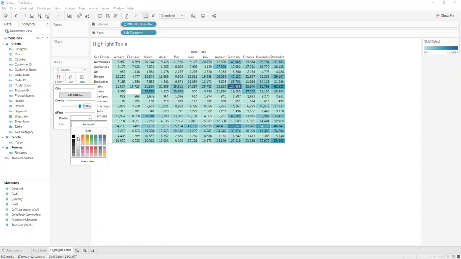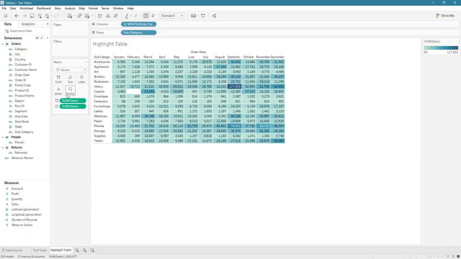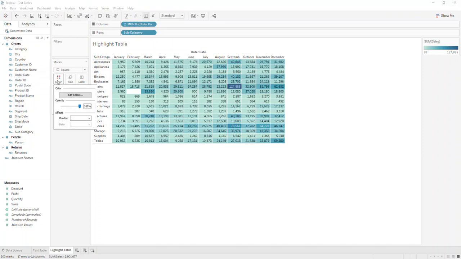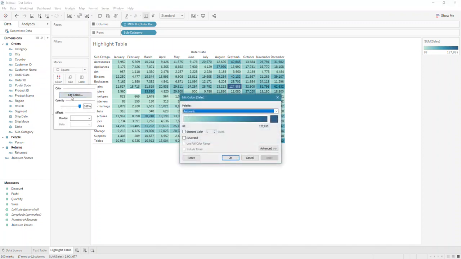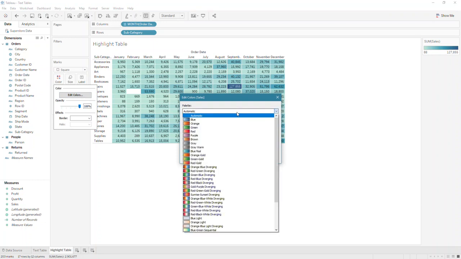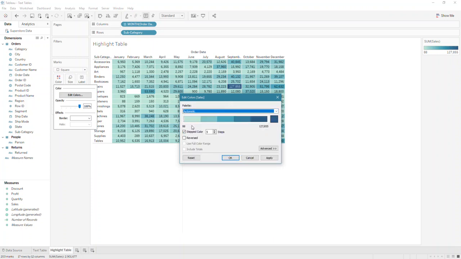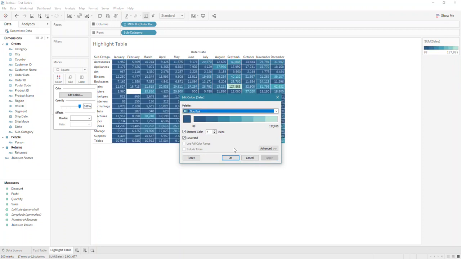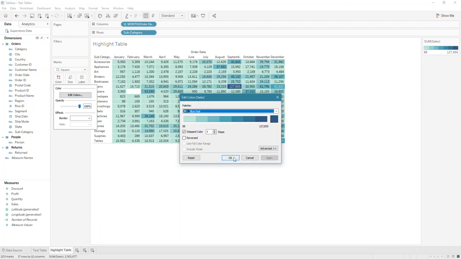To create a highlight table, you would change the mark type from automatic to square. And that's all you have to do. When you convert the mark type from text to square, the square mark fills each cell, creating a highlight table. I also like to add a white border, so you can come in and put a border around each one of these if you wanted to really make those things stand out. And you can even change your color